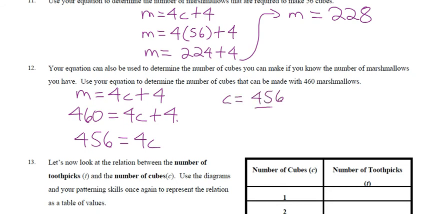Divide both sides by 4. While I'm doing that, I'm also going to flip the sides, right? Because I want my variable on the left so that it says c equals. Okay, so it says c equals 114. You just do 456 divided by 4. And so how many cubes? Okay, so you could write we can make 114 cubes